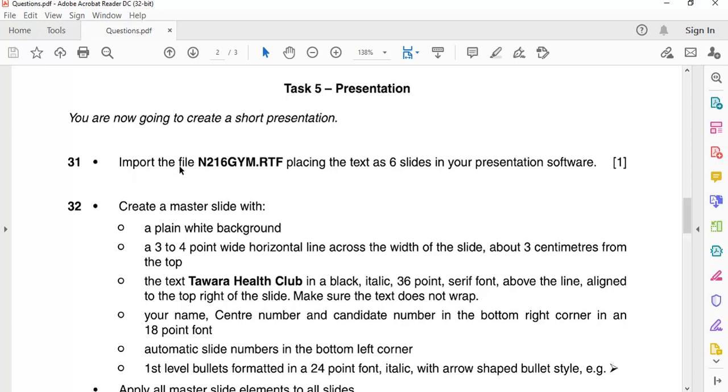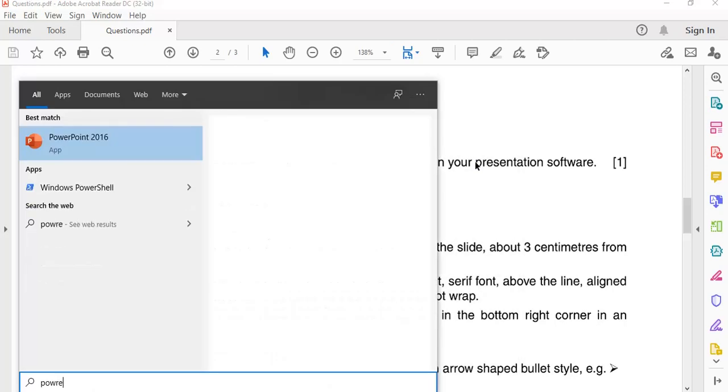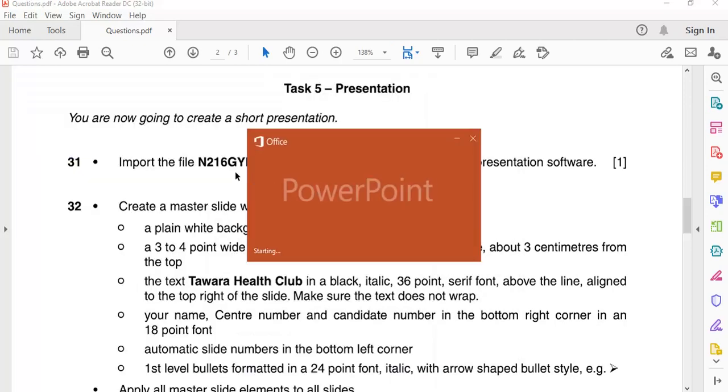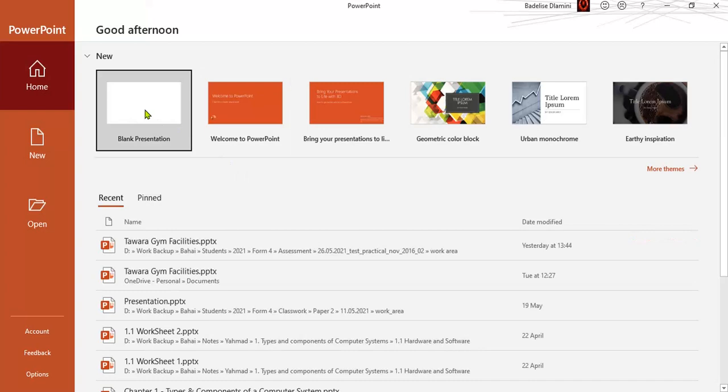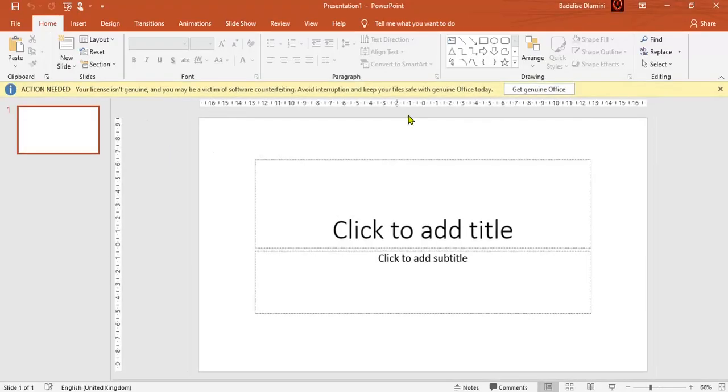Step 31: import the file n216gim.rtf, placing the text as 6 slides in your presentation software. So for that, let's just open PowerPoint and then click on blank presentation. Then once you are here,